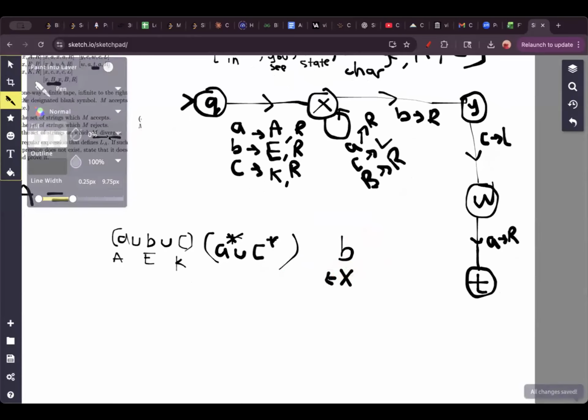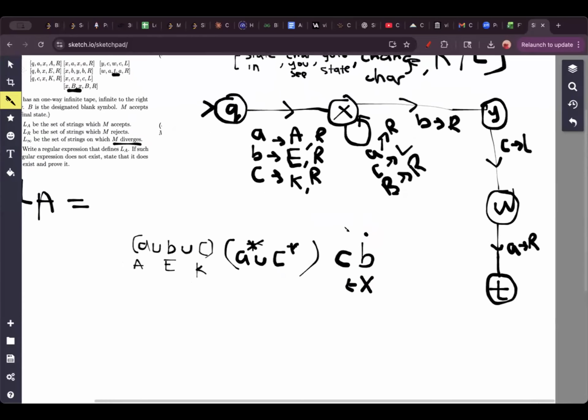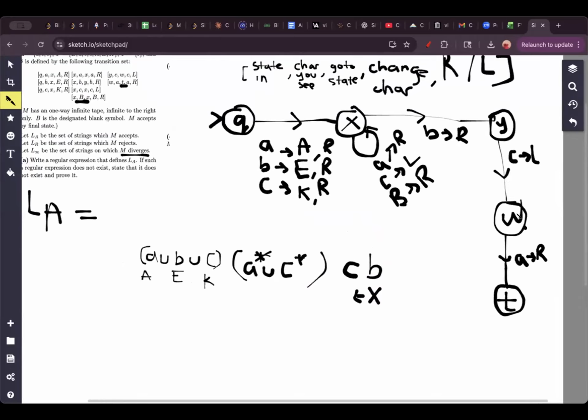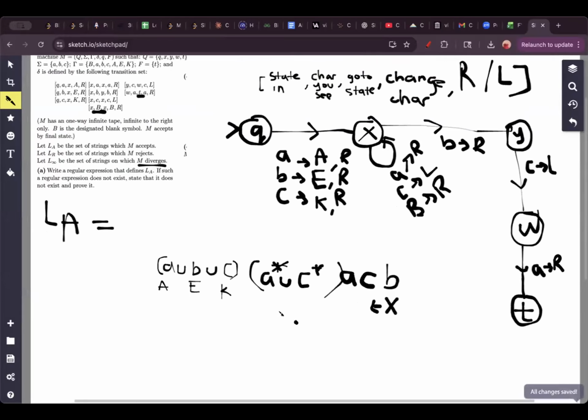On the left side of B, we want to see a C to go to W. And then from W, we want to see an A. After we see a C over here, we still want to see an A, like this. But there's a problem with this because